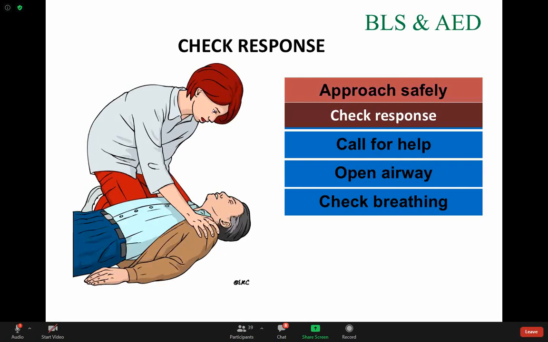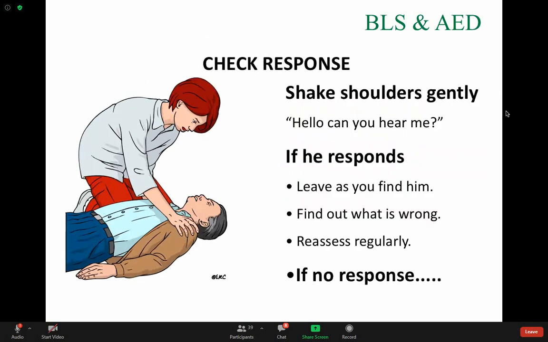Check for response. Put your hand on the shoulder of the victim, shake him, check if he's awake or not, talk to him to check if he responds or not. You can ask him, hello, can you hear me? Are you okay? If he responds,